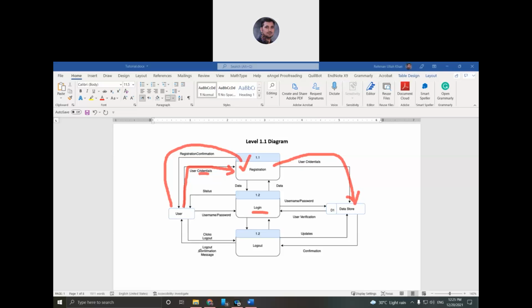But in level 1, if you think that some new entity is included now, then to differentiate the two different entities from each other, you want to store their data in two different stores, and that is a good strategy.